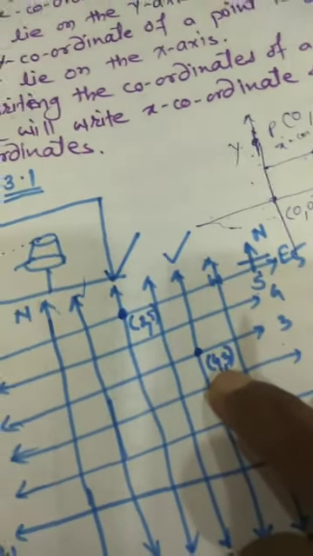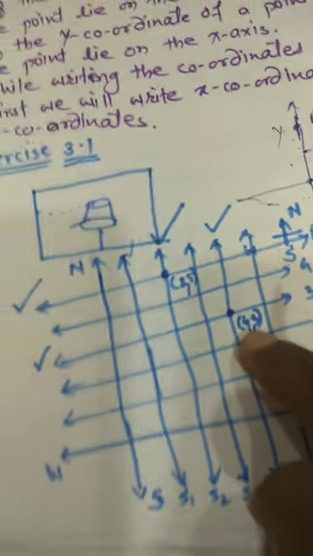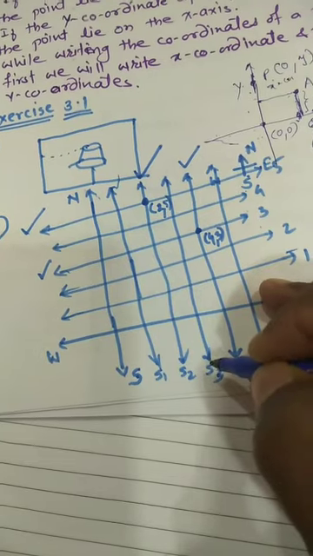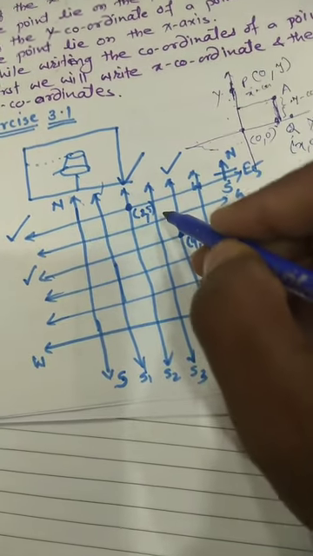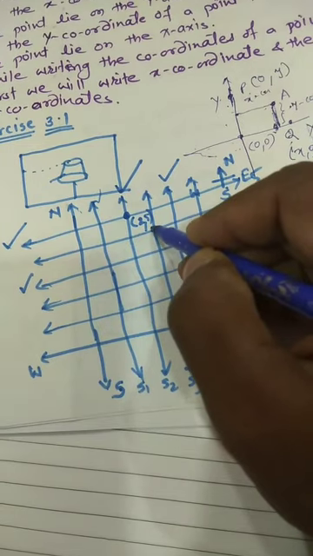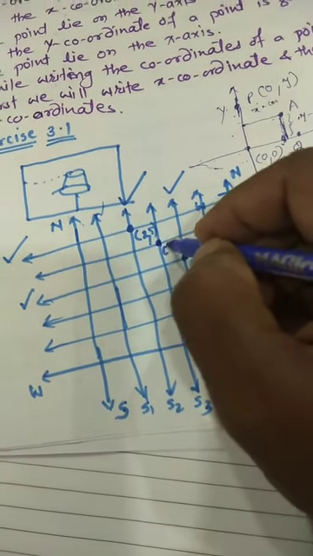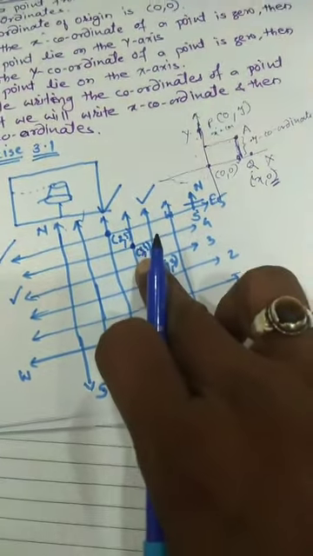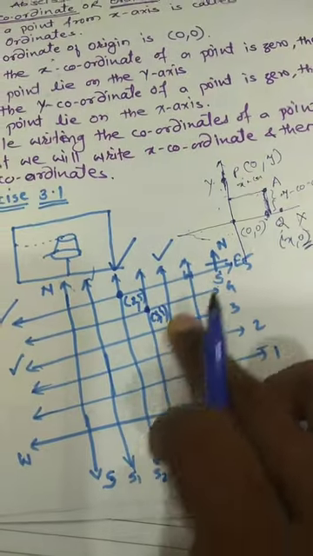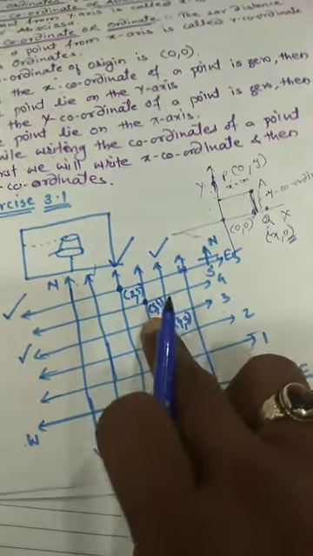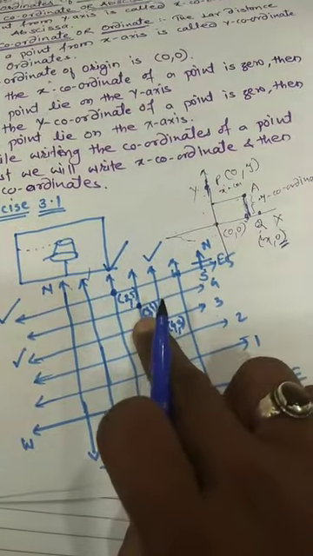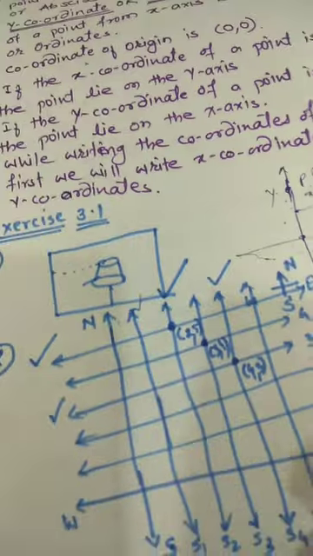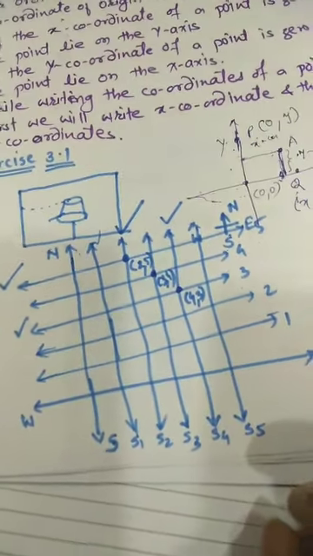Now next, how many cross streets can be referred to as 3, 4? 3, 4 means S3, and here the 4th means this point. So this is 3, 4. How many cross streets are there? Can we write the same name for any other cross street? No. So how many are there? Only one. There is one and only one cross street. Understood, students, how to write?